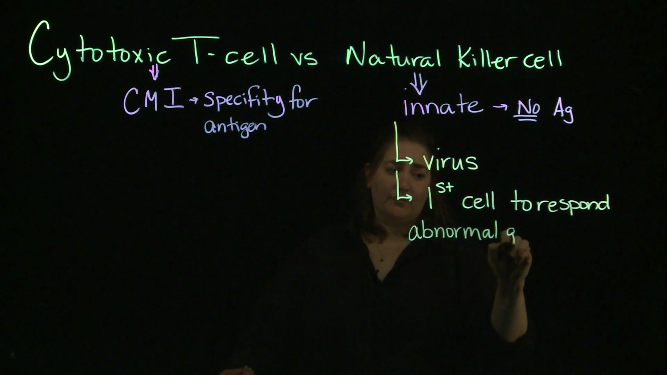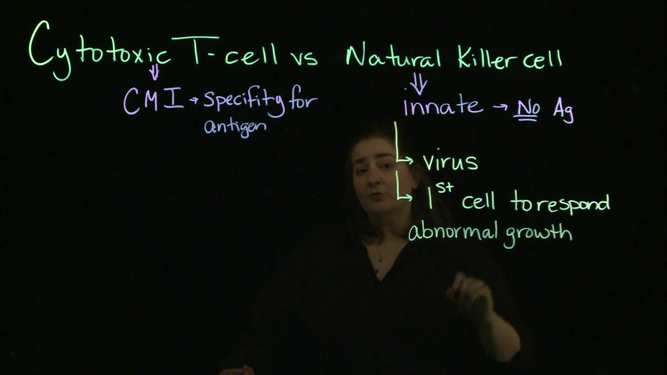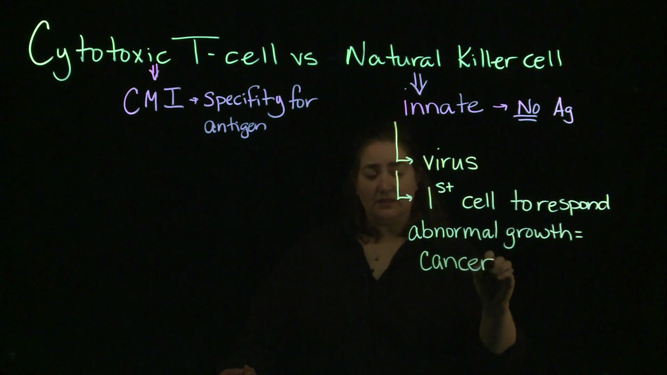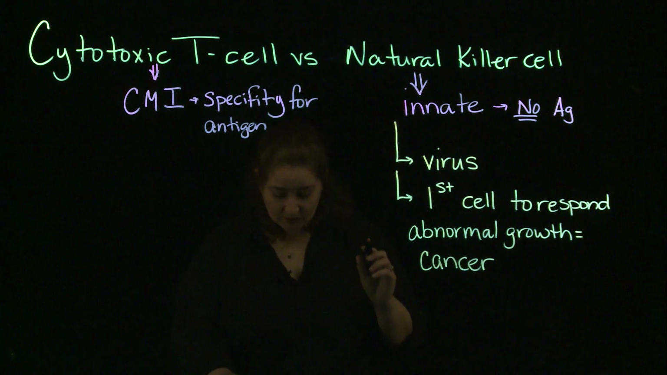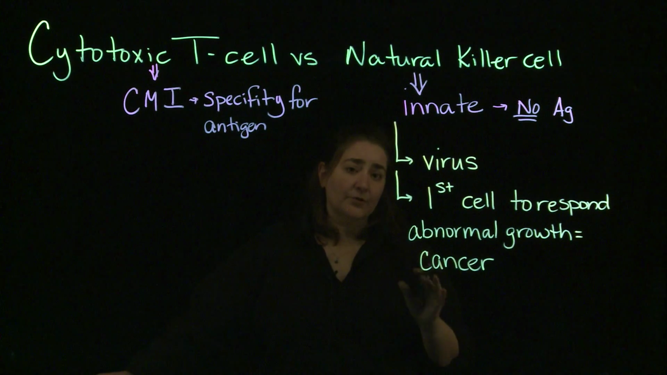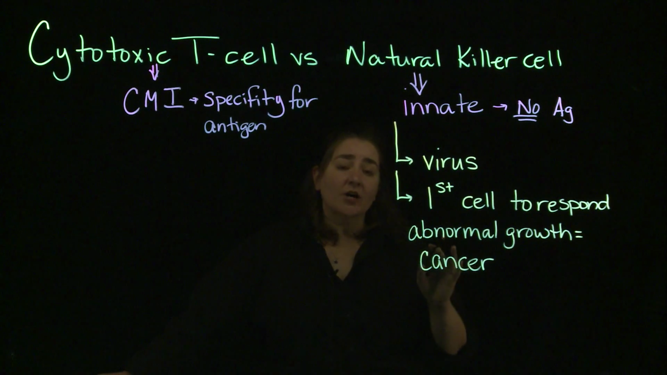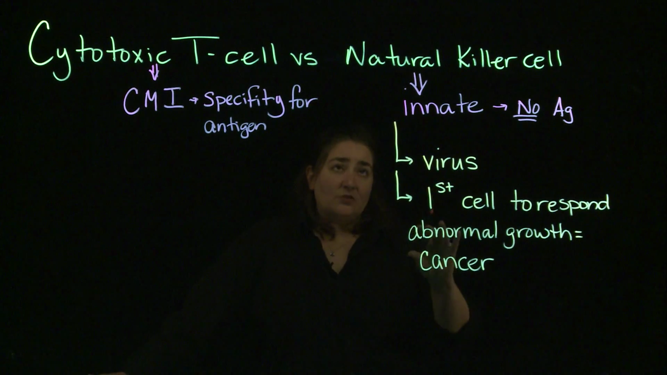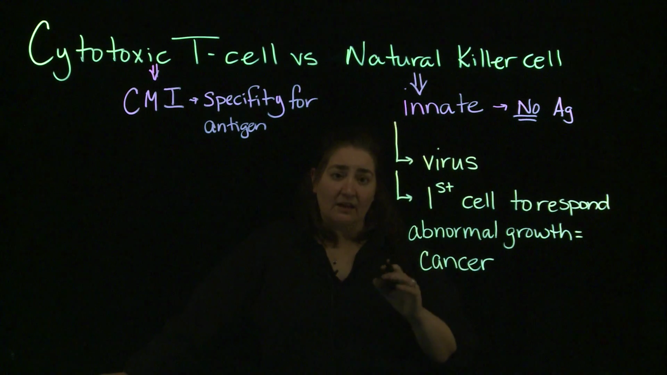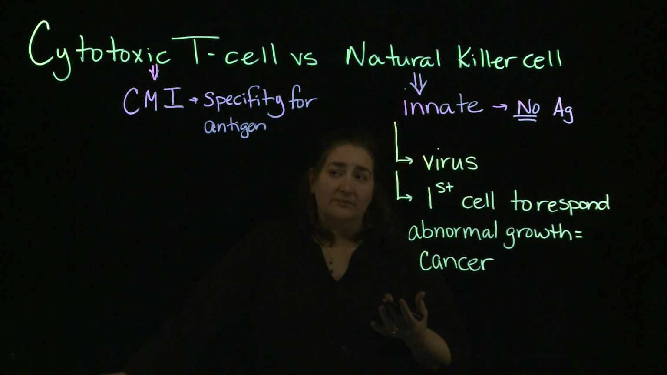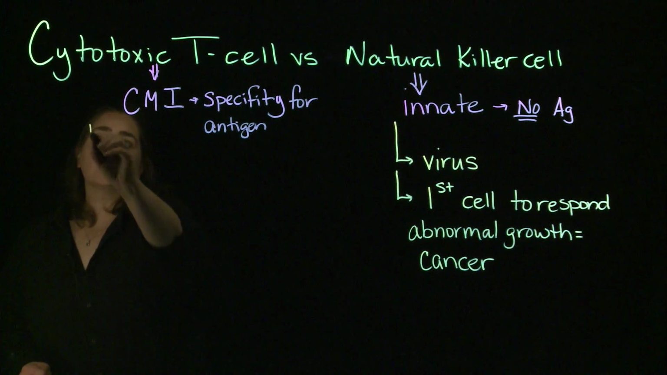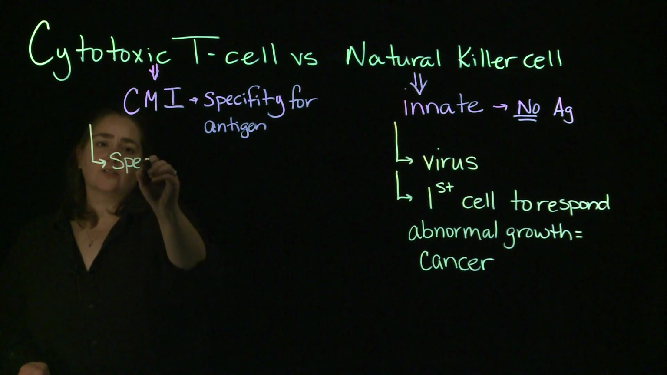to abnormal growth. And what does that abnormal growth mean? Typically what it means is cancer. So the natural killer cells are going to be the first ones on board to target cells that are growing out of control. The interaction between the natural killer cell and the infected cell is a non-specific interaction, whereas the cytotoxic T cell is going to have that specific interaction